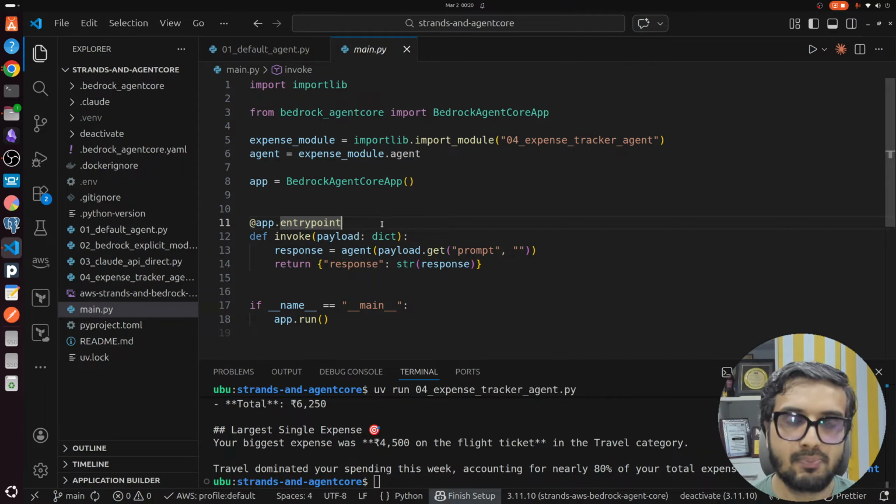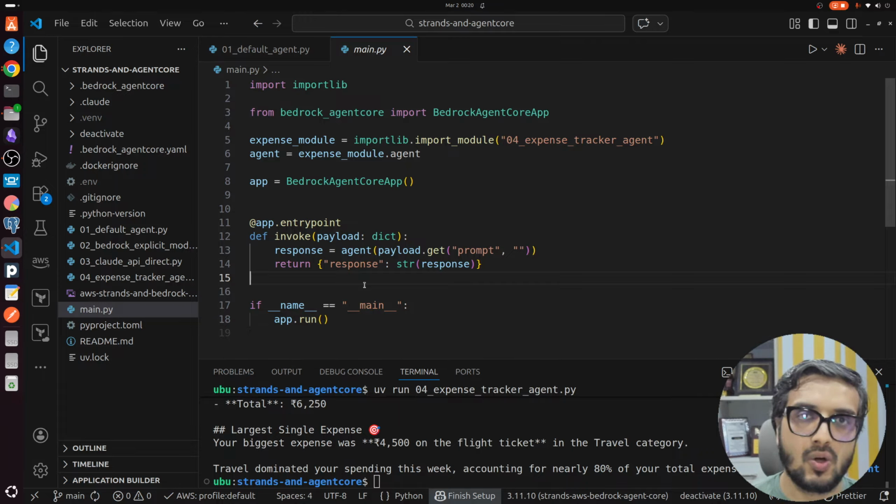So what is this? It is a POST endpoint, slash invoke. It automatically exposes that endpoint. Normally in FastAPI, you create the route and then expose it. Similarly, internally by default, it creates a slash invoke POST endpoint for you. On that endpoint, we can invoke it with a prompt, and then this endpoint will internally make a call to the agent, talk to the LLM, etc., and respond back to the end user who is calling this